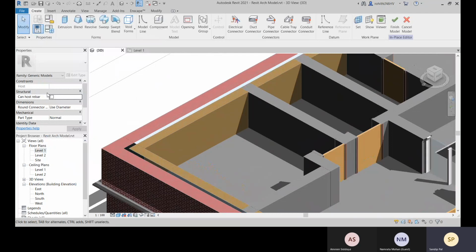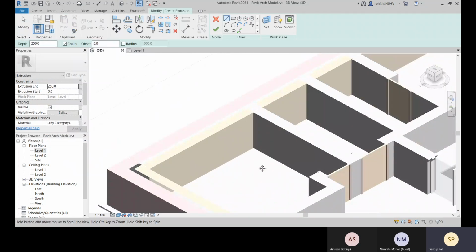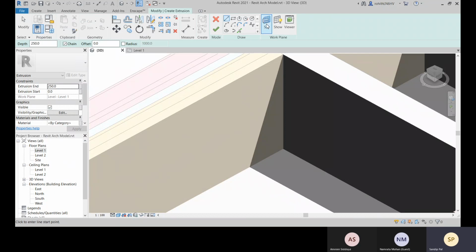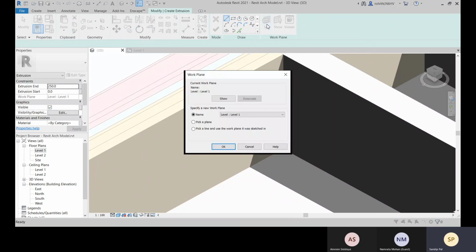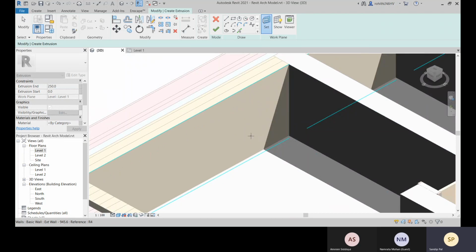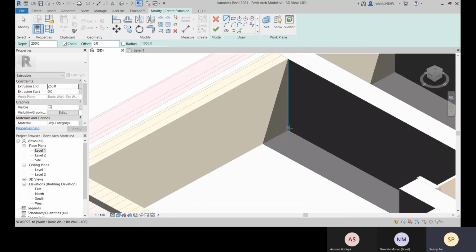Okay, so let's see, we can go with this extrusion option. So first of all you need to set your work plane. Okay, so you see this is the work plane. Now you can pick a plane, and according to that you will create your profile. So you know the meaning of work plane. I have already told you during the AutoCAD class. So we will set this surface as our work plane. Now we will create our profile.